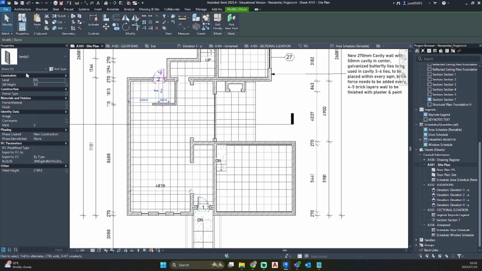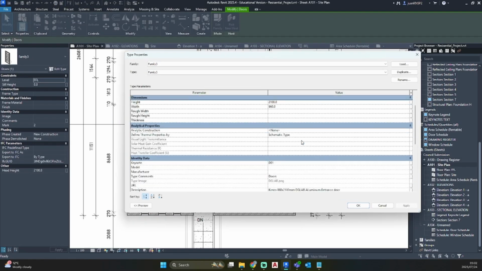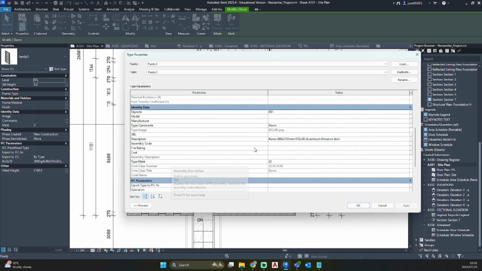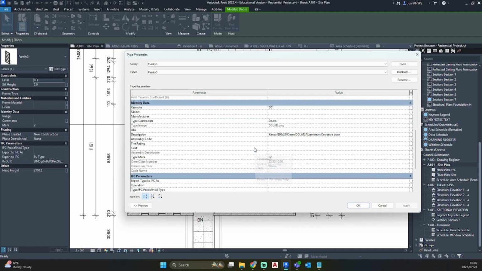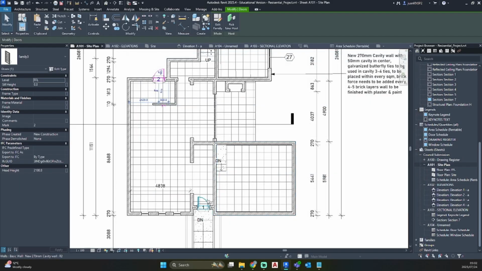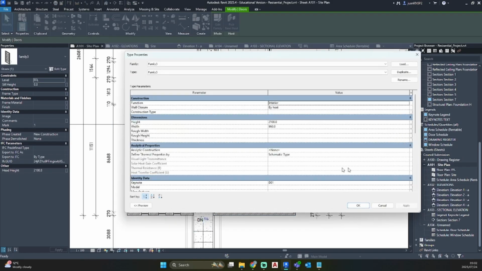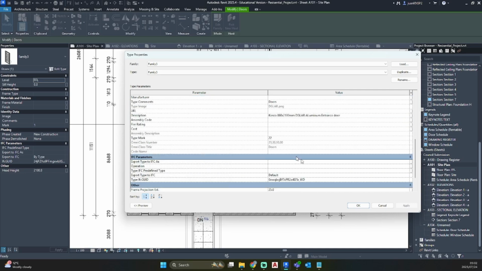So we can click on the door, edit type, and you'll see type mark 22. Let's check this door, edit type mark 22.